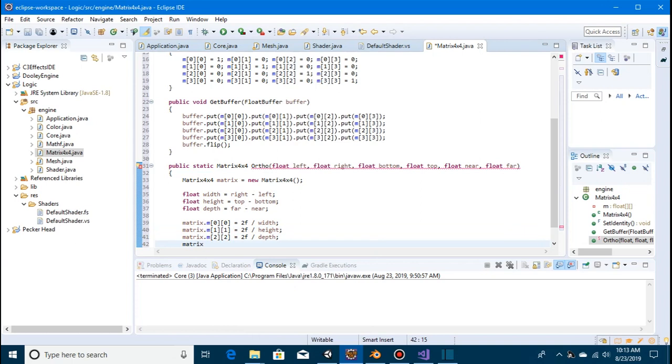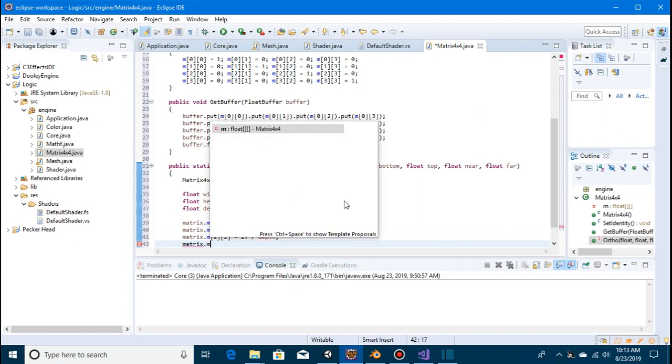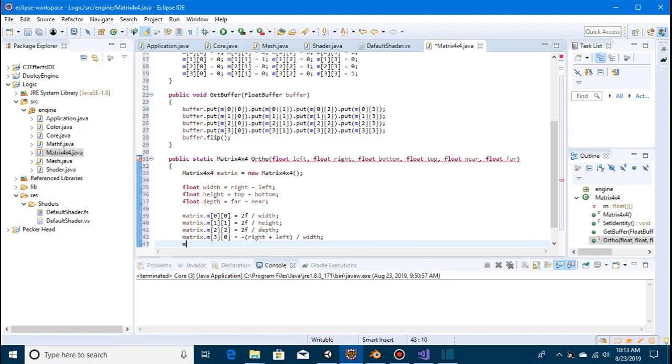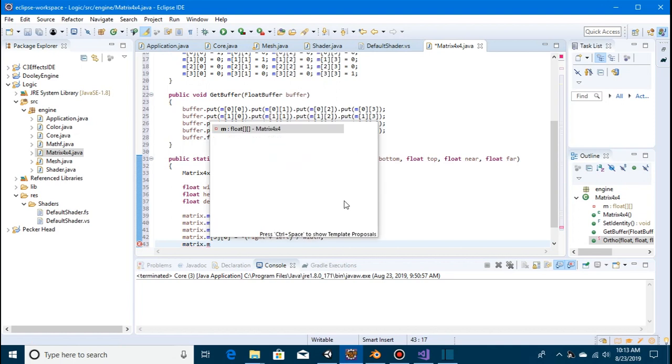Now we need to set, is it 3? Yeah, I believe I set the 3s now. And then we're going to go to negative right plus left divided by width. We're going to set,